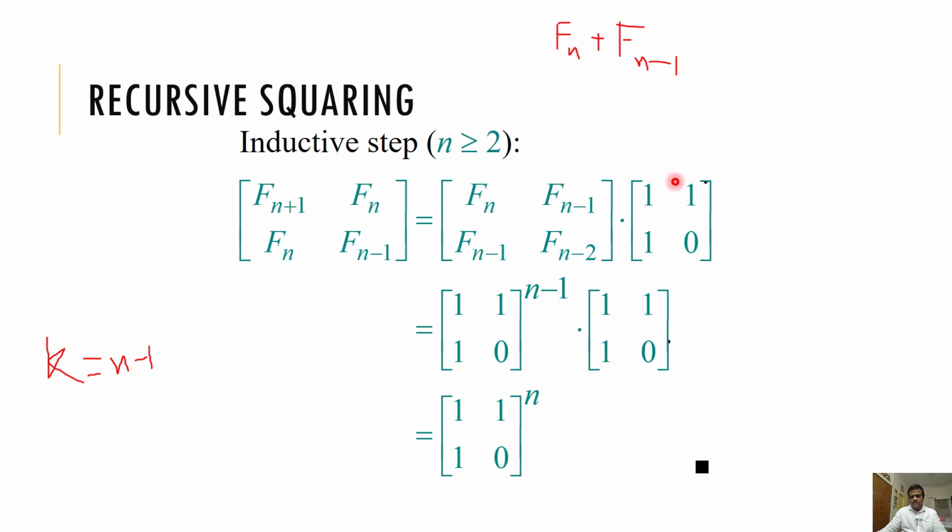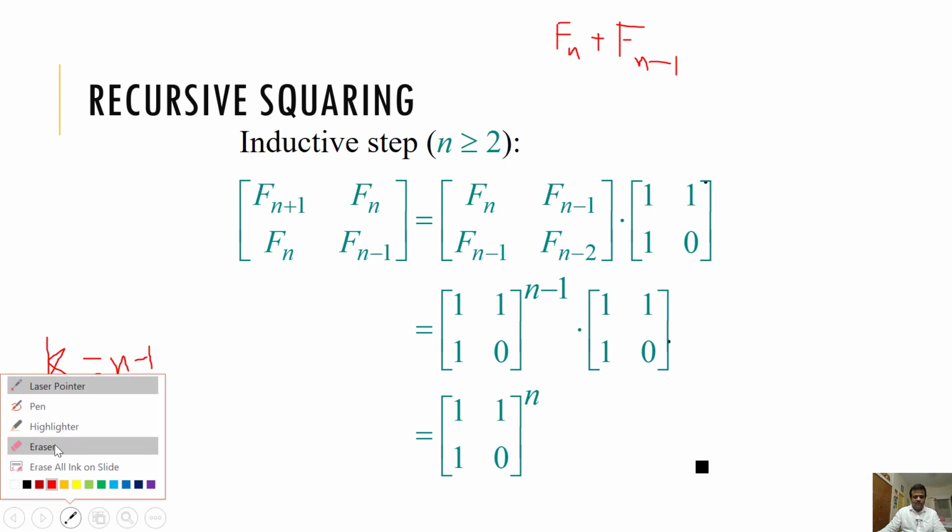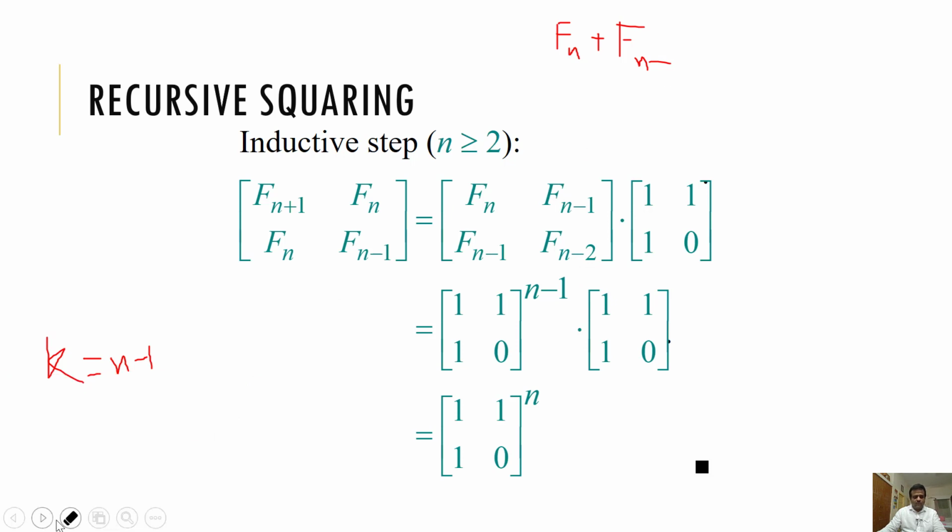So, this row and this column is f of n. So, this is f of n. Now, the second, this position. This position is this plus this. So, this is f of n minus 1 plus f of n minus 2. So, this is basically we have f of n minus 1 over here, and f of n minus 2, and that is nothing but f of n, because